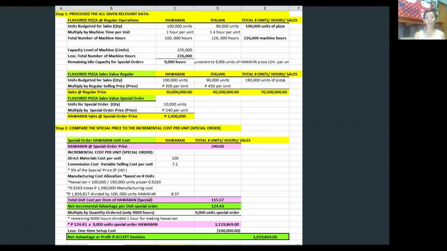So 100,000 units of Hawaiian divided by the total of 190,000 units, we come up with 0.5263 or 52.63%. So that is what we divide into the manufacturing cost identified in the problem, which is